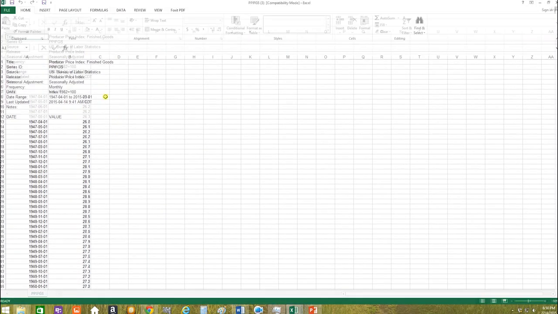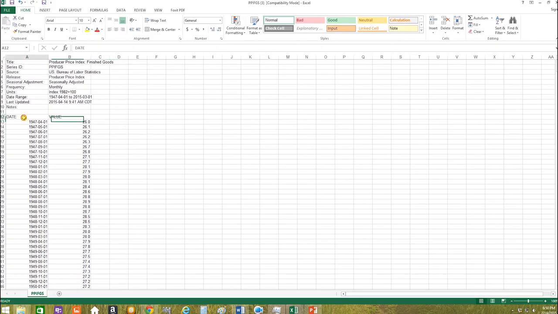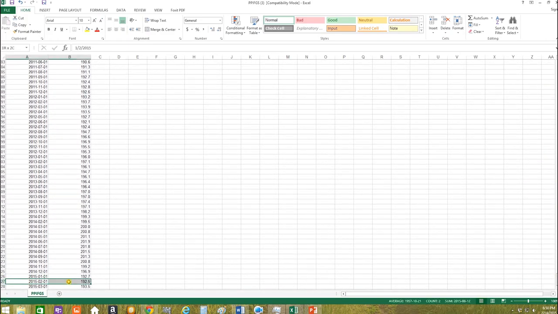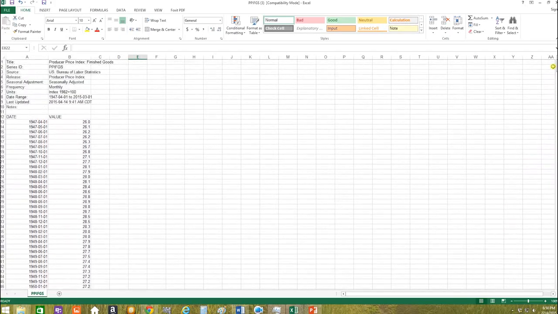comes up on the screen. And you can see again, we have 2 columns. We have our date going up incrementally in months and our PPI all items value. And if you scroll right to the bottom, you'll see that we have our latest months here. And you can start taking this data, and all you need is 2 columns to start the entire process and to build an analysis to really understand the historical behaviors of the PPI number, PPI all items.